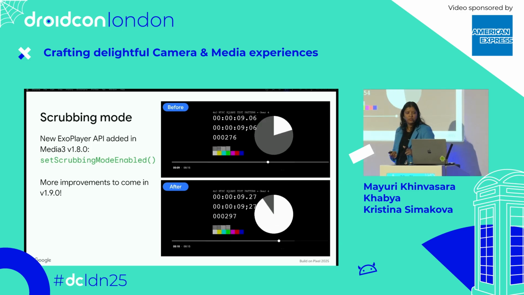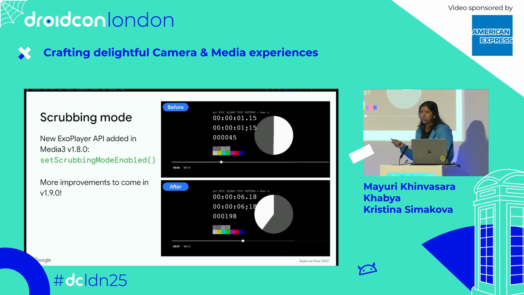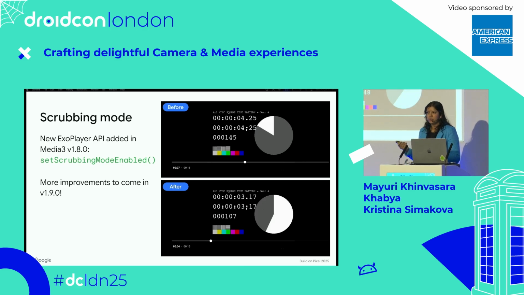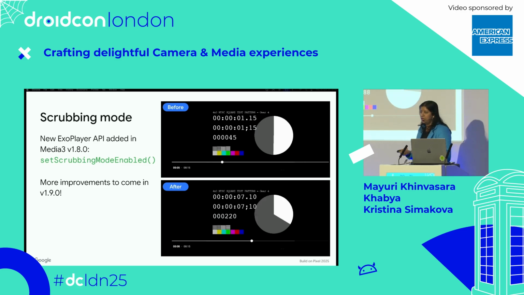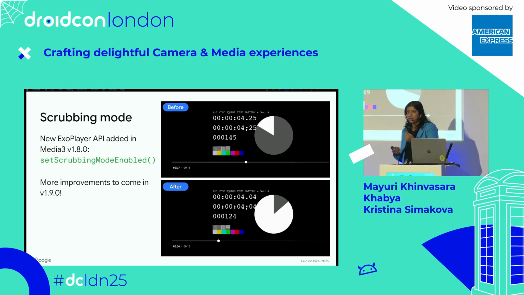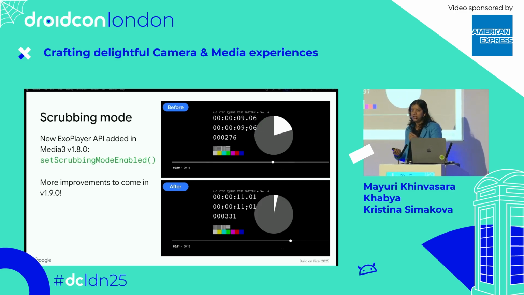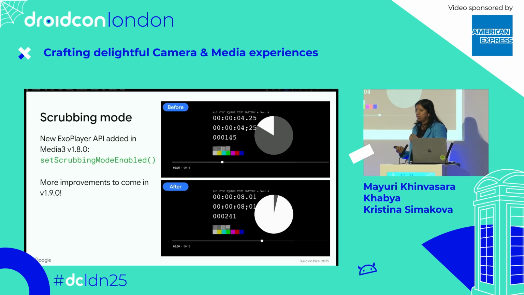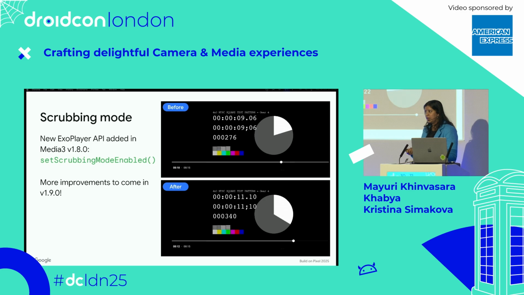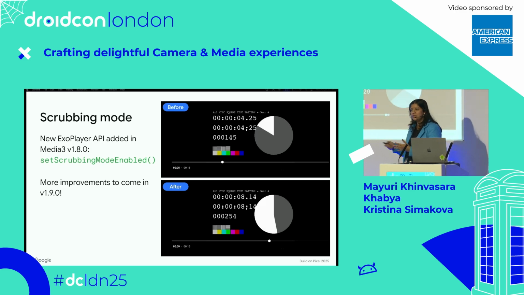With just one flag that you can set in your code, you can really see the difference in performance between the regular one and when you have scrubbing enabled. These really small tweaks can help increase your user delightfulness. Small features, but really, really powerful, so do try to check them out. And this scrubbing has been a pain point for a while, so we are glad we are able to now help you with this.